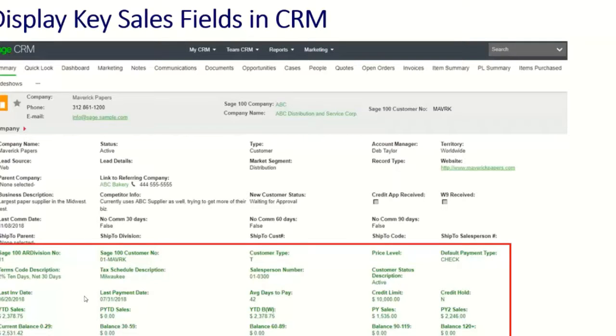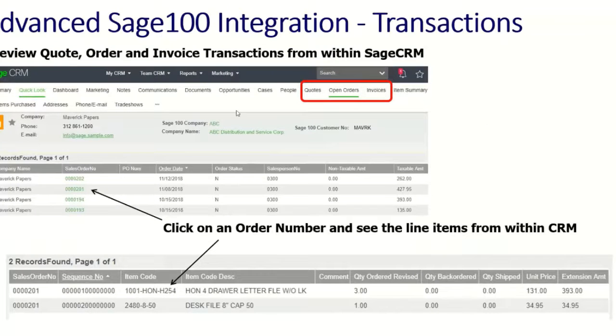Right, so that's one component of our advanced customization package, is bringing over this additional information. It's typically updated each night. And then if we drill down, we also bring over quotes, open orders, and invoices. Those transactions are available within CRM. So this is a